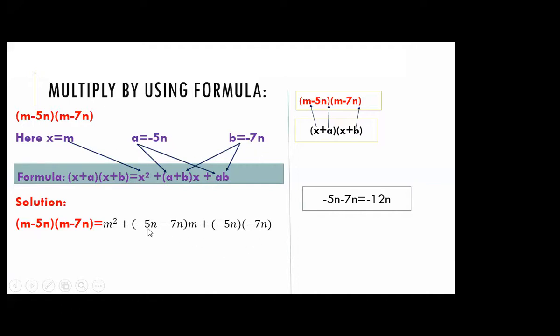Okay, don't get confused when minus 5 and minus 7 is there. Beta, remember that when same signs are there, we have to add. If plus 5 plus 7 is there, we have to add. If minus 5 minus 7 is there, we have to add. The difference is only of the sign. Plus 5 plus 7 is plus 12, minus 5 minus 7 is minus 12. These two numbers are multiplying, so we get minus minus plus, and 5 sevens are 35 n square.